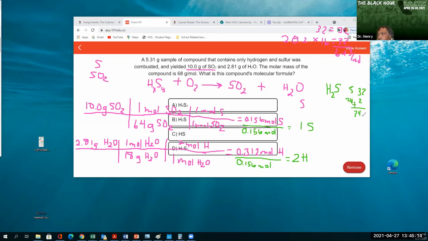So it's 34 grams per mole. So if the molar mass of the molecular formula is 68 grams per mole, divided by that 34 grams per mole, it's going to equal